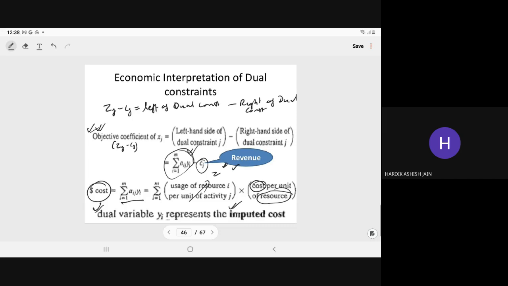Okay, so if let's suppose I have a resource and I want to use it for a particular time, maybe the imputed cost is the rate charged. Say you are utilizing petrol, so what is the cost of 1 liter of petrol? Understood, sir? That is the imputed cost. Clear?